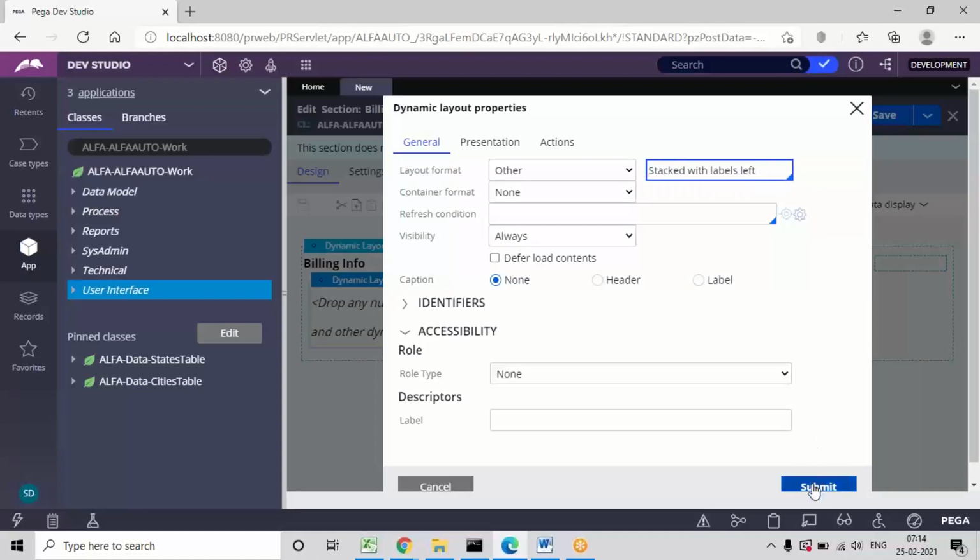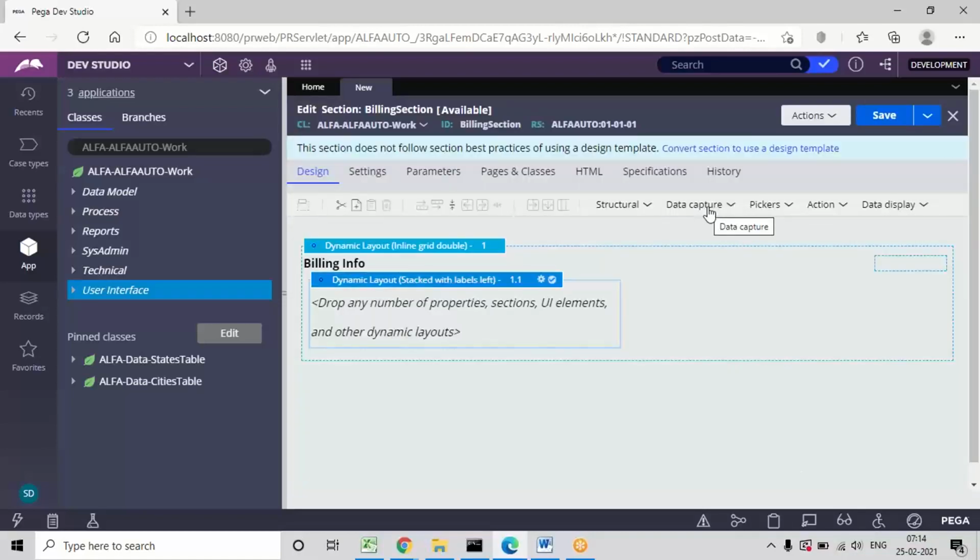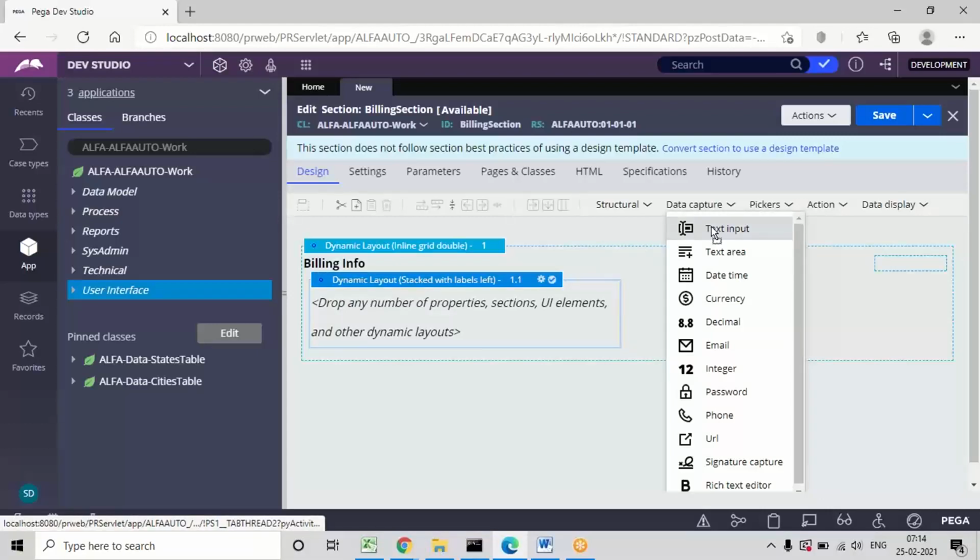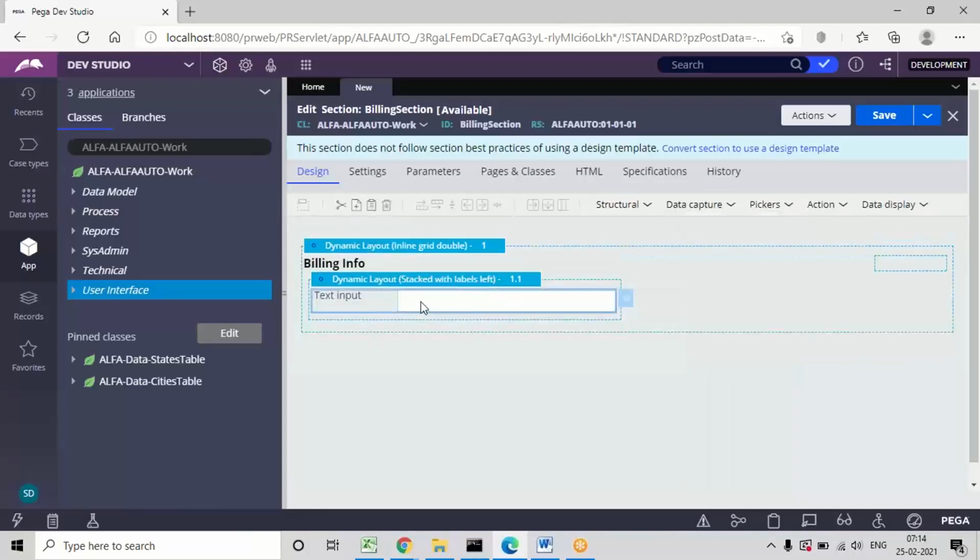And all controls are text input only. So add 5 controls. After adding one, you can use copy paste.